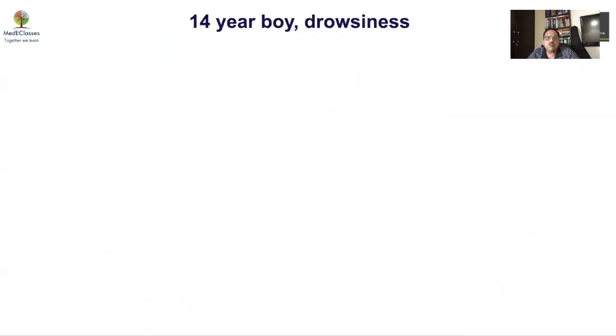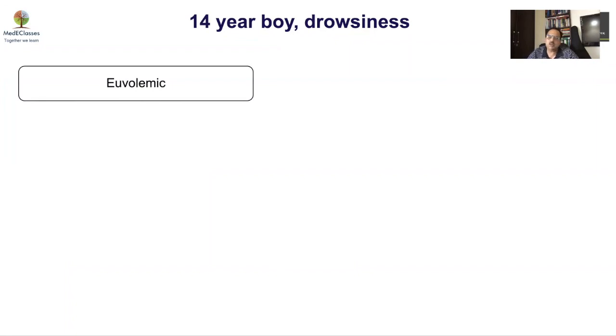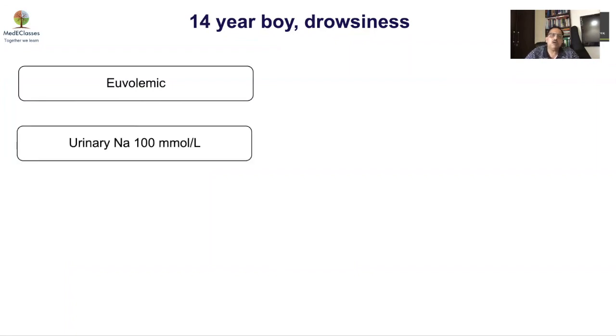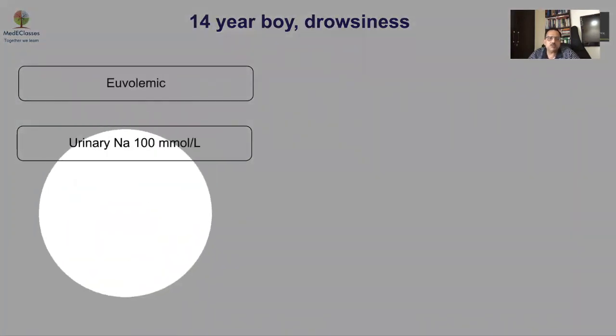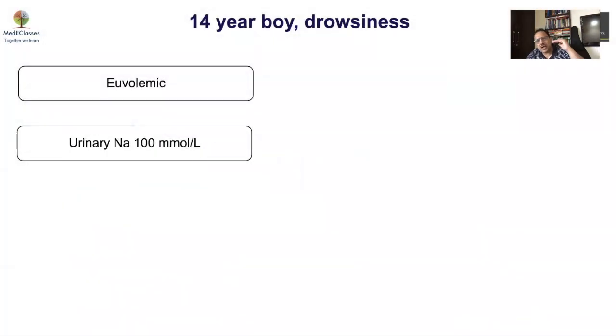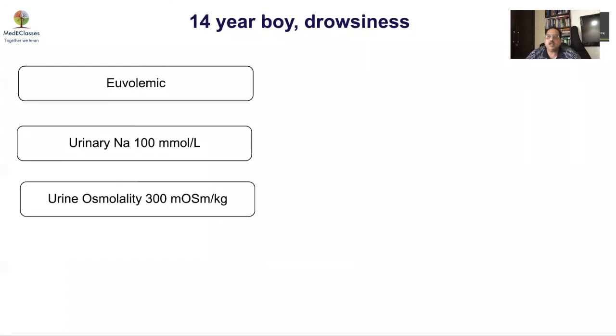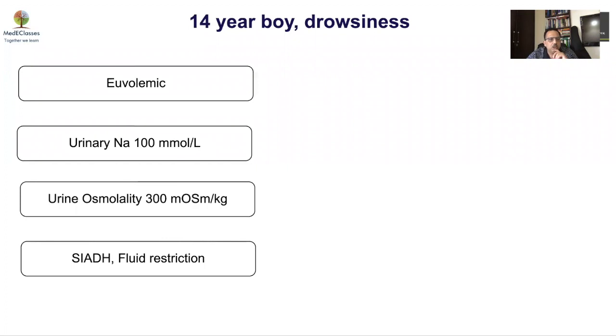So we'll start off with this 14-year-old boy who presented with drowsiness, was found to be euvolemic clinically, and was found to have low sodium levels with a high urinary sodium. So he had hyponatremia, dilute serum, and dilute urine. Somebody thought this is more likely to be a SIADH picture and advised fluid restriction. As we know, the most common cause of euvolemic hyponatremia is actually syndrome of inappropriate ADH secretion, but